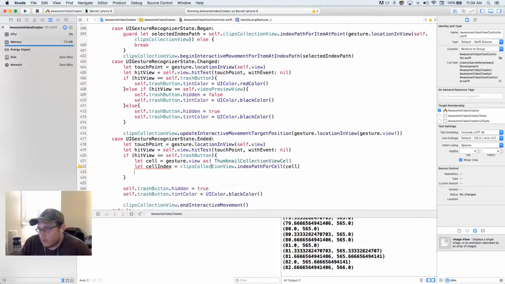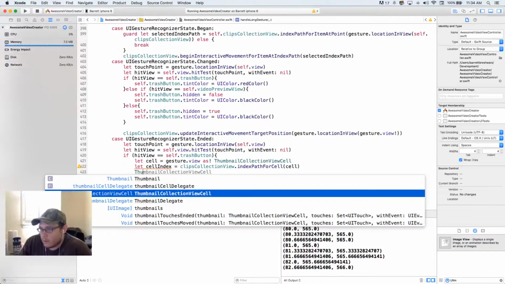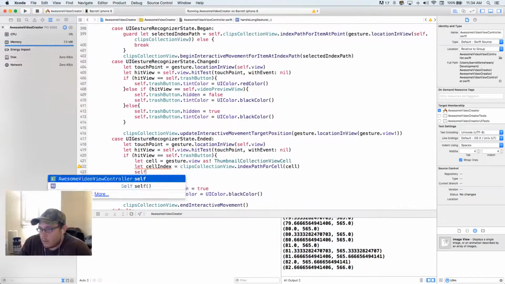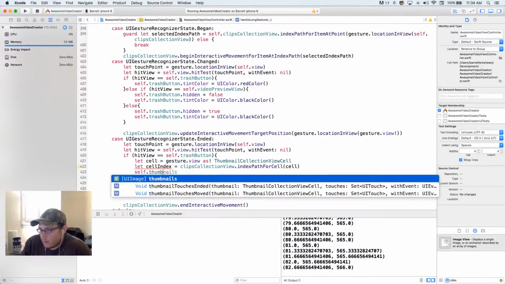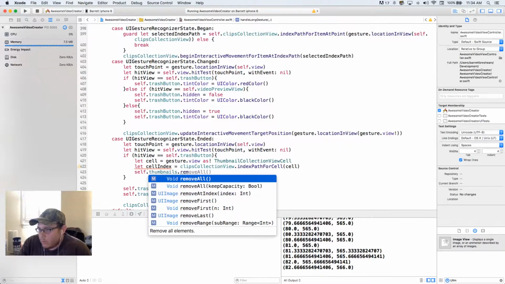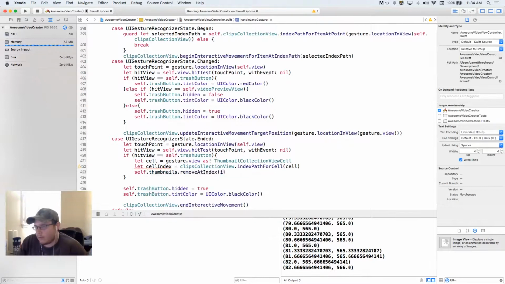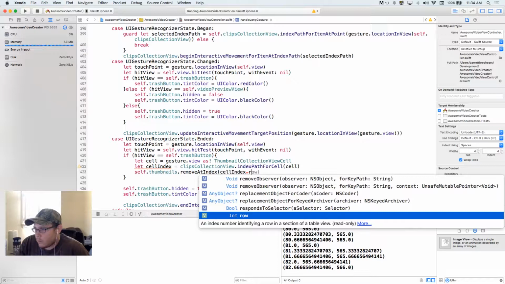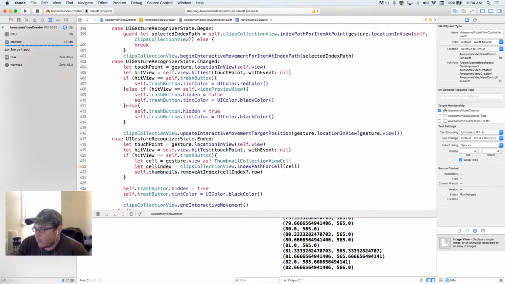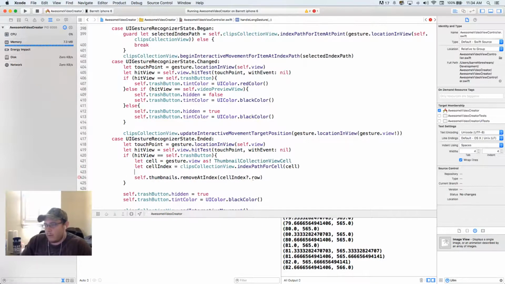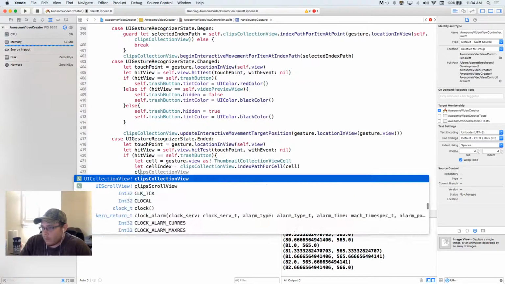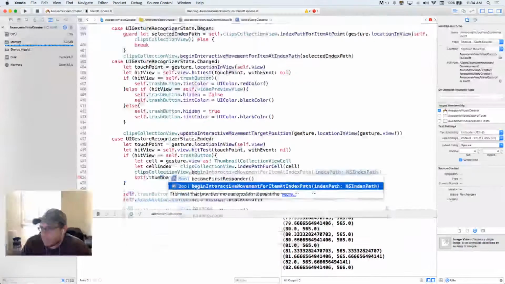So thumbnails. Remove object at index, cell index, at row, okay. Cool, so we're also gonna just animate it, so we'll say clips collection view begin,